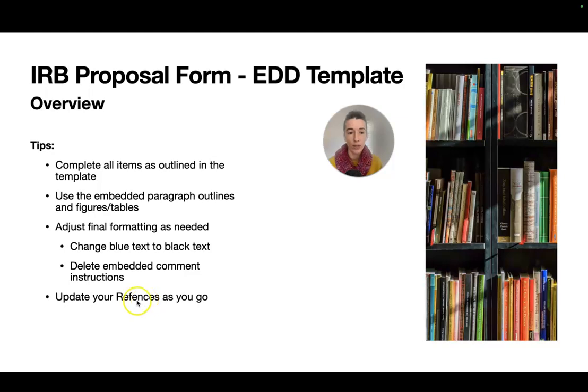Update your references as you go. I spelled references incorrectly too. That can be really helpful. Or another tip is you can just do that at the very end, because sometimes if you update your references as you go, depending on if you're using any software or not, it might get wonky if you end up deleting some references, and then you don't want references in your reference page that you're not actually citing. So you can also save your references toward the end.